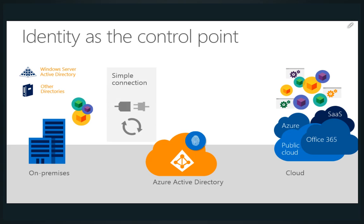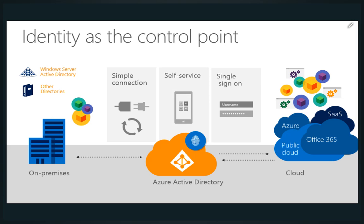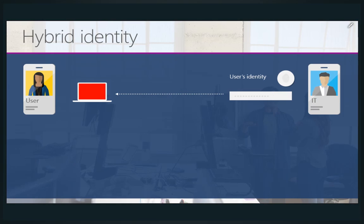And now users can seamlessly connect with many cloud applications and resources using that single identity that Azure AD can authenticate to no matter where the users are located. And of course, more importantly, again, on multiple devices. So a single identity allows IT also to offer that self-service option that I was alluding to. And we'll look closer at the self-service option in a couple of slides. Continuing on hybrid identity,